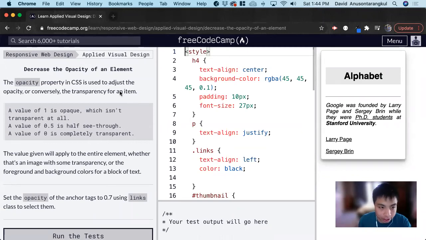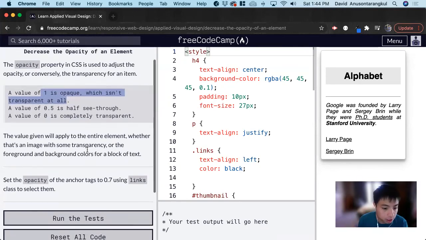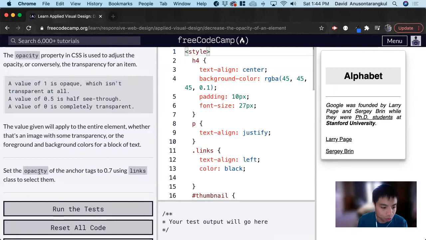Today we're going to do an applied visual design tutorial on freeCodeCamp. We're going to learn about opacity in CSS. Opacity is how transparent something is, and the values we can set it from are 0 to 1. 0 is completely transparent and 1 is completely opaque, and we can add anything in between 0 and 1. For this exercise, we want to set the opacity of the anchor tag to 0.7 using the links class